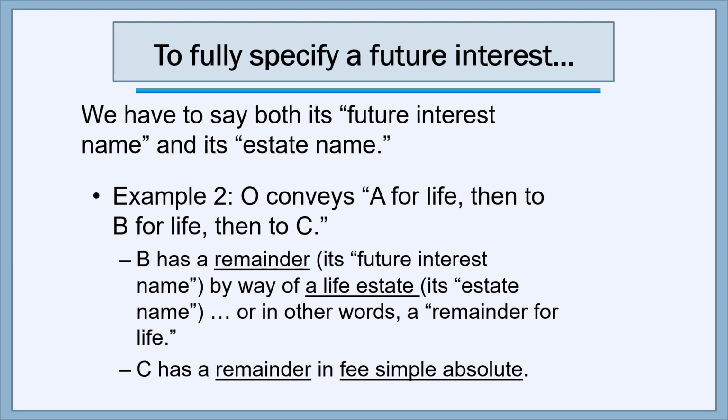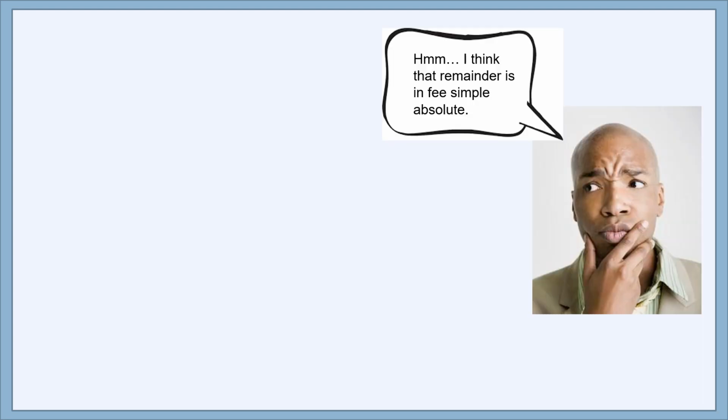But when C gets it, it's going to last indefinitely into the future in C. So we would say that C has a remainder, a future interest, in fee simple absolute. Just to reemphasize, whenever we want to fully describe a future interest, we have to say both its name as a future interest and its name as an estate, which will indicate how long it will last when it becomes